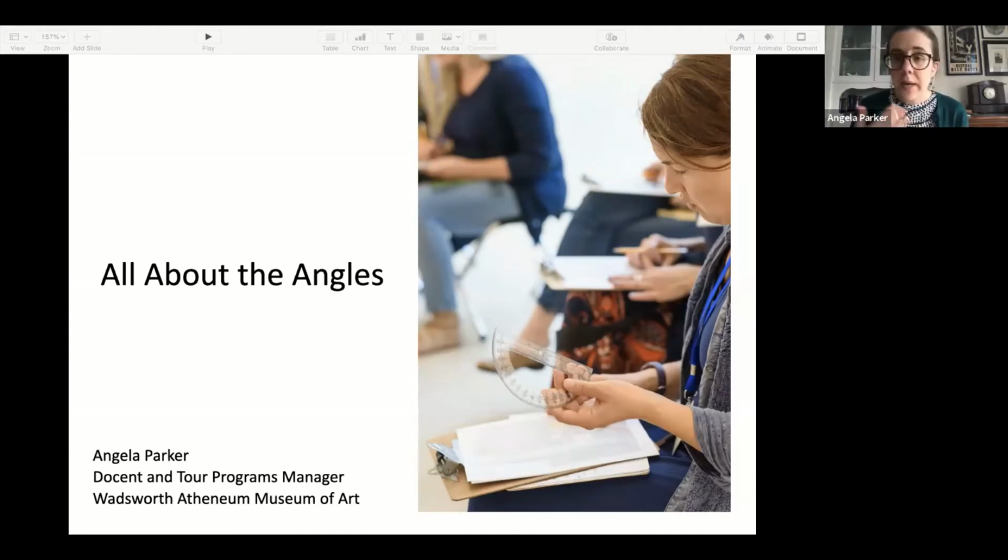So to demonstrate how you might pursue a similar project in your own museum, I'm going to discuss a selection of the works that we explored in the workshop and explain how measuring the angles in each of them can help enrich the discussion around them. And I've intentionally chosen three pretty different works. So we'll look at a surrealistic still life, a landscape, and a figural group. So we're going to start off with